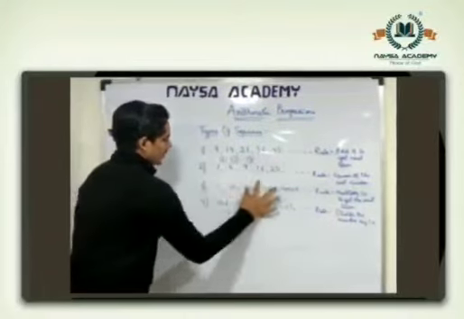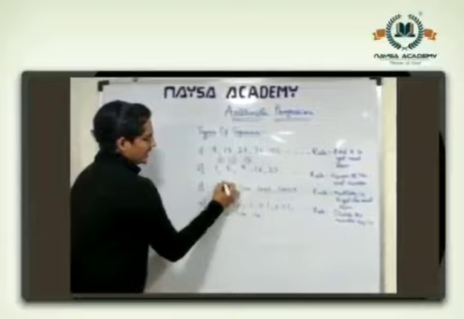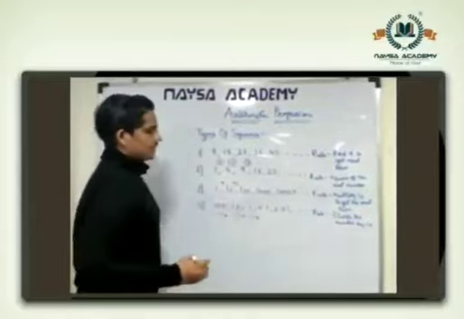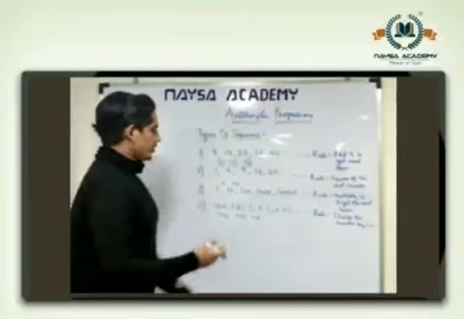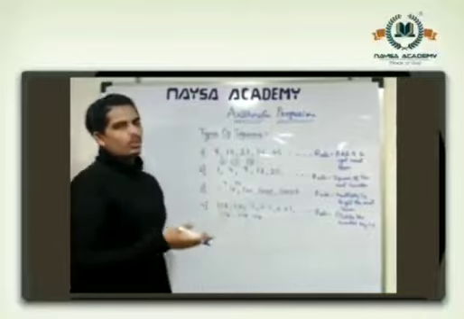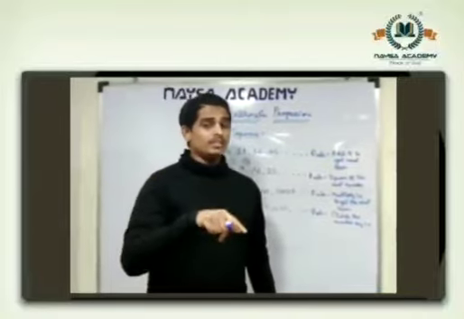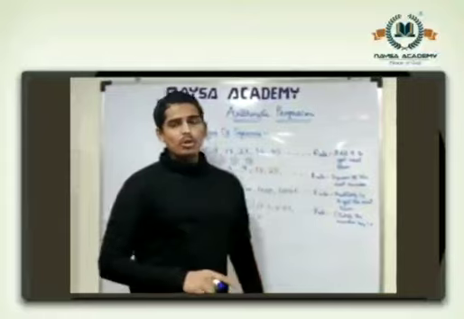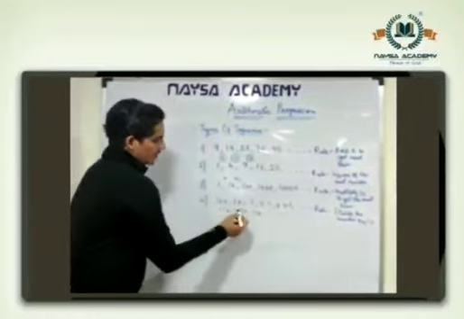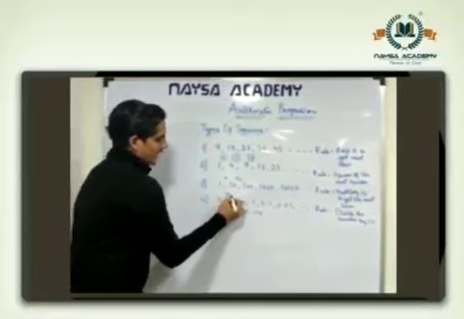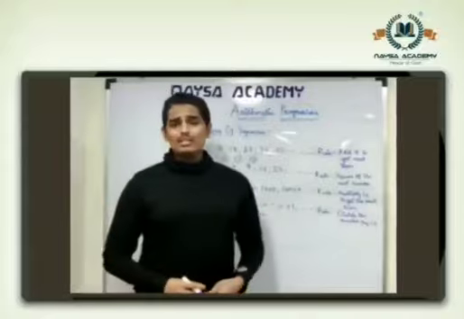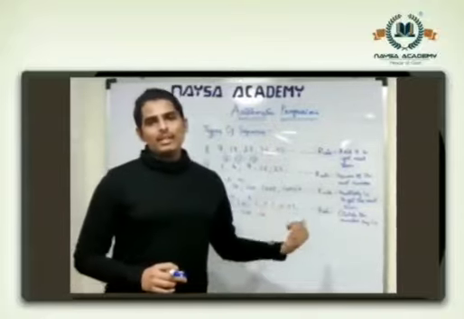Similarly over here, if we consider 1 and 10, the difference is 9. If we consider 10 and 100, the difference is 90. And it goes on. So here from the first two terms, we can easily analyze that the difference was not constant. Even though it was a sequence, even though it is following a specific rule, it is not an arithmetic progression. Here again, as you can see, 100 and 10, the difference is 90, 10 and 1, again the difference is 9. So even though it was a sequence, this cannot be called an arithmetic progression.